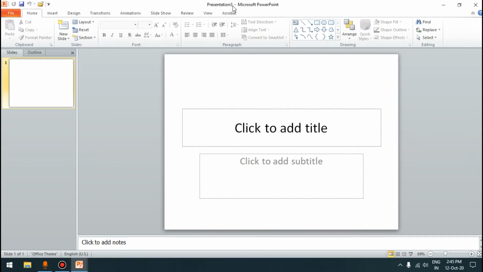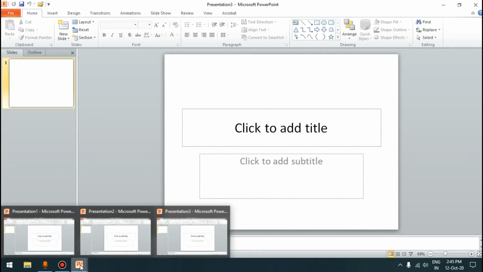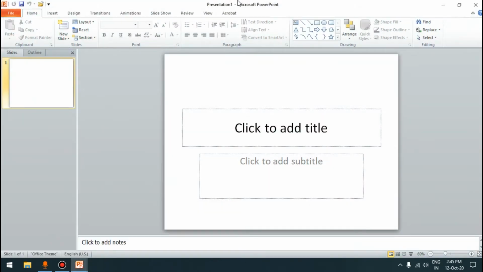To see all these presentation windows, I will bring the mouse pointer over this Microsoft PowerPoint application icon that is present on the taskbar, and here we can see the preview of the 3 application windows of Microsoft PowerPoint. This is the first application window that we opened for the first time, having the name presentation 1.